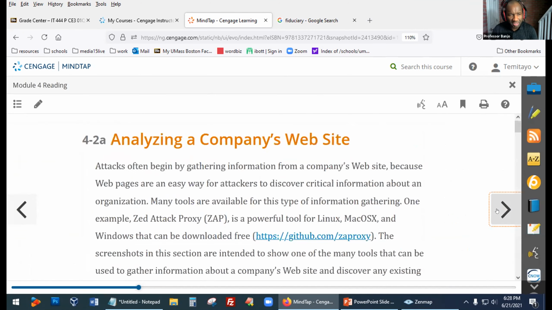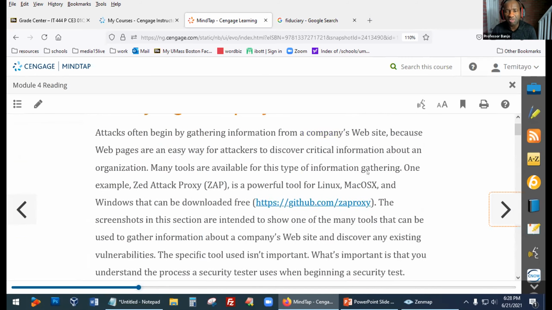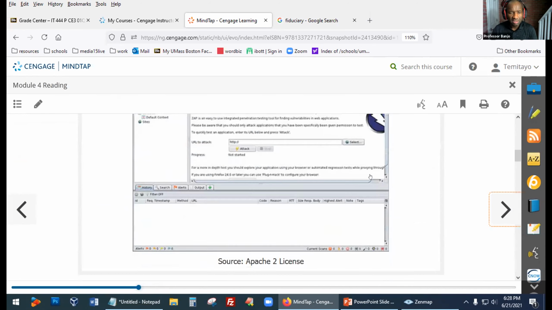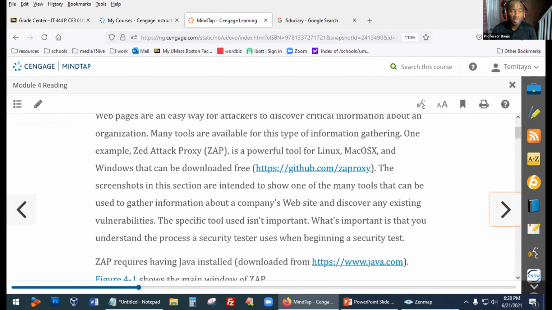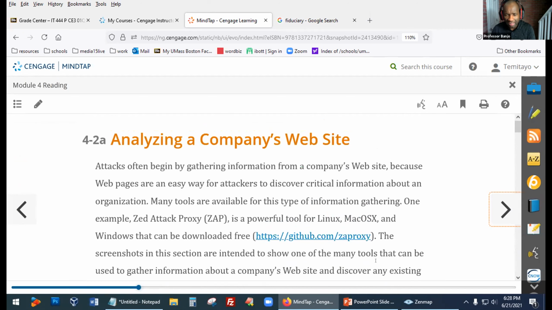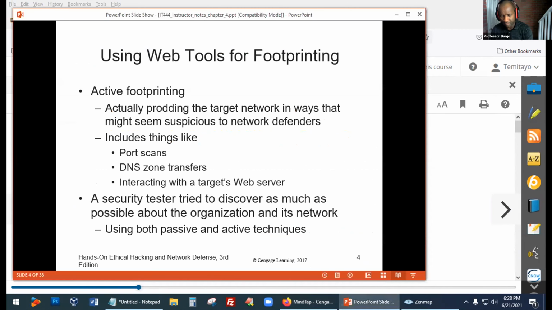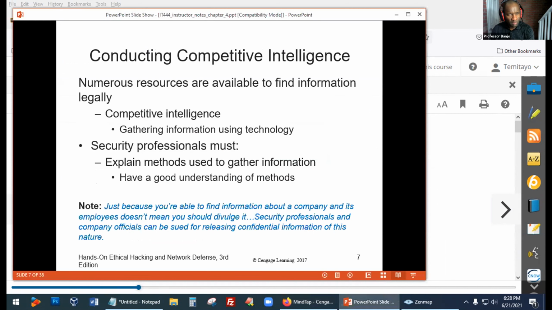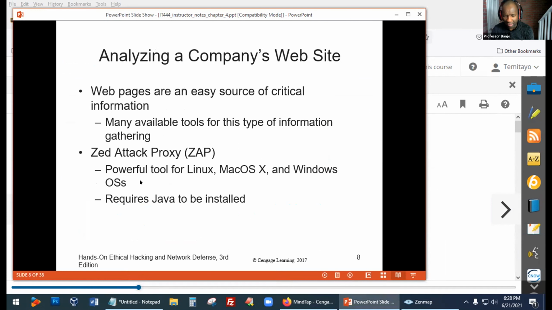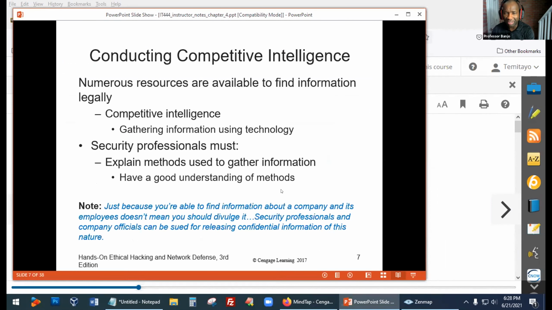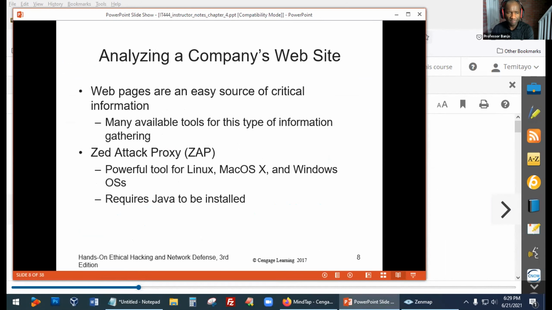All right, let's see a few more things here. We don't need to go into analyzing the company's website. That is something you can do with a whole lot of tools that are out there. I just want to highlight a few more things. We have said just now that you need a good understanding of methods and tools that are used on the job.